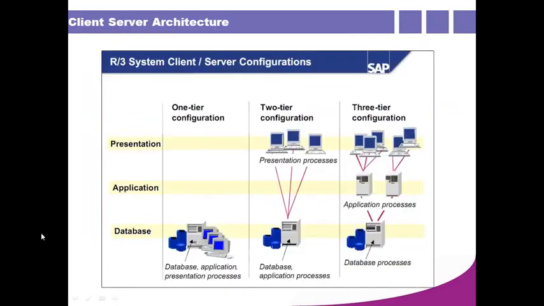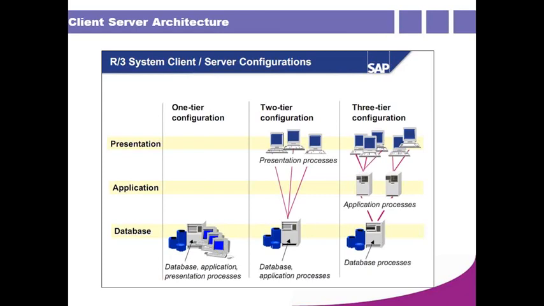See these three layers, how we can use them, we will see now. We can configure these three layers in three ways: one tier, two tier, and three tier. What is one tier, two tier, three tier, we will see now. One tier means all these three layers, that is the presentation layer, application layer and database layer, we are installing in a single server, that is a single system, like your laptop.